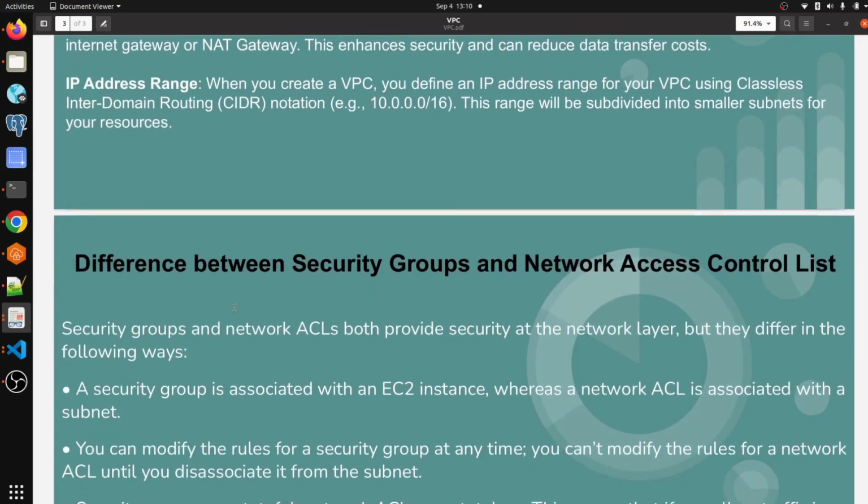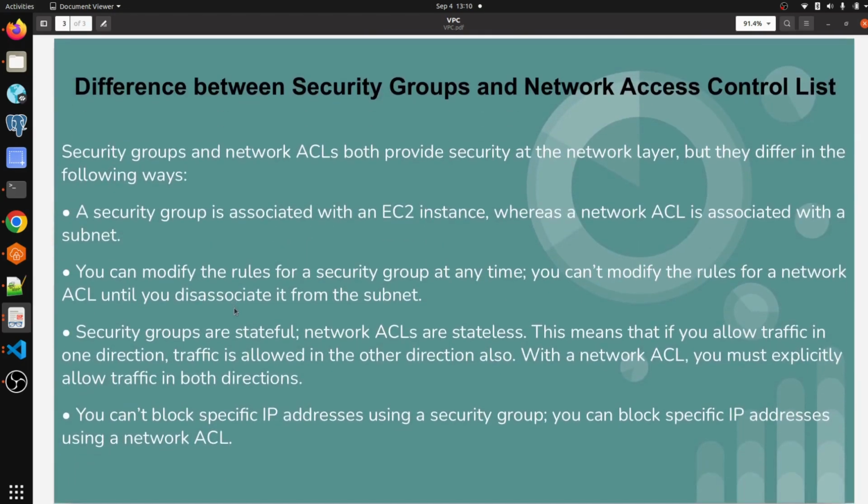The main thing I want to discuss here is the most asked question whenever you attend any interview related to AWS cloud. You might face this question every time: the difference between security group and network access control list.